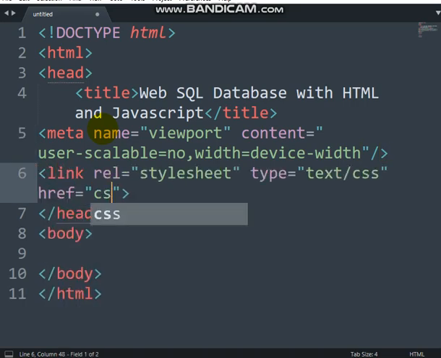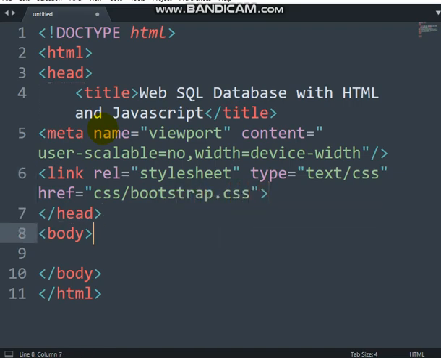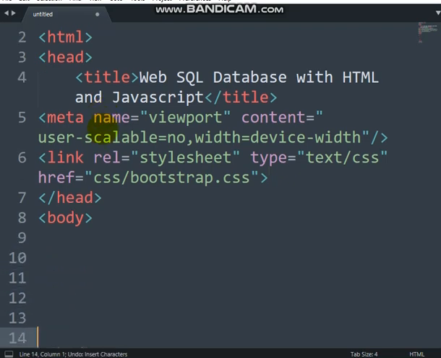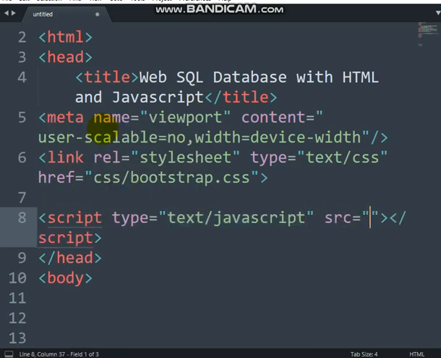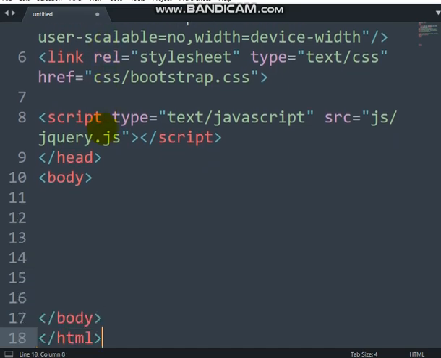I have it in my folder here, bootstrap.css. All right, so we start. Also, I'm going to use jQuery. I have it in my folder, inside the jQuery JS folder. So that's jQuery.js. That's what you need. Here we go. Now for the code,